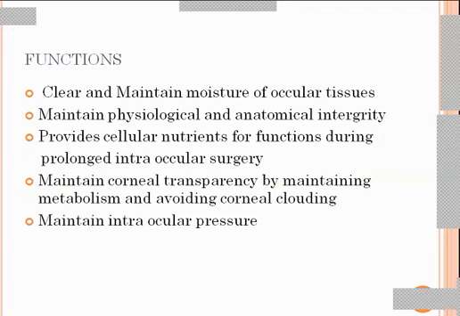Due to the paralysis, and we retract the lids while doing surgery. So the cornea is directly exposed to the light of the microscope, and it will get dry immediately. To avoid that drying of the cornea, the assistant surgeon will continuously put the irrigating liquid over the conjunctival sac and cornea. That irrigating liquid should be clear and maintain the moisture of the ocular tissues, and maintain the physiological